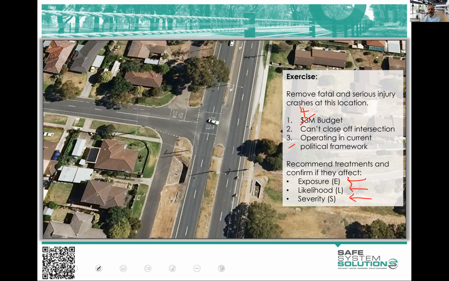The thing I really stress here is that you say whether what you're proposing is going to address exposure, likelihood, or severity, or a combination, and you can break it down for any elements you have. I'm going to give you a good 3 or 4 minutes to do this, so have a think about it and pop your ideas in, and then we'll have a good chat about it.